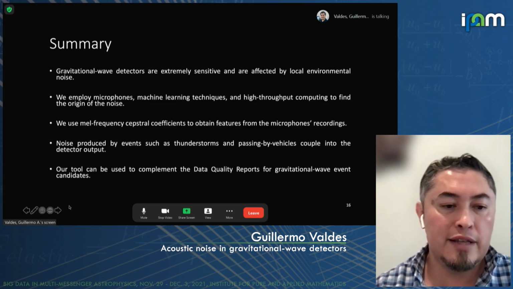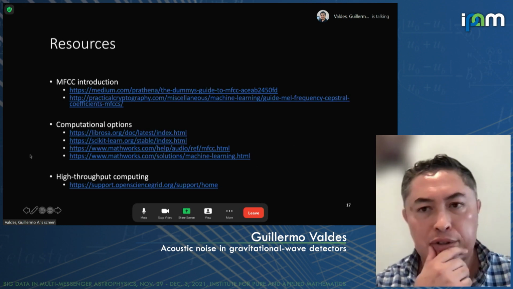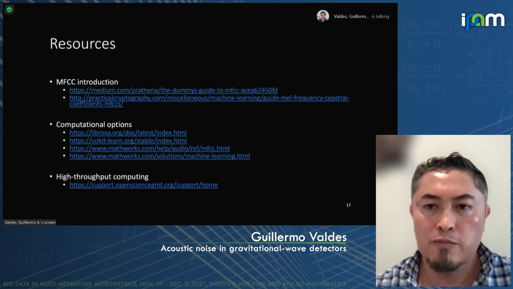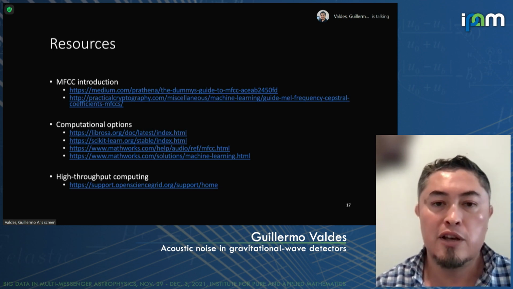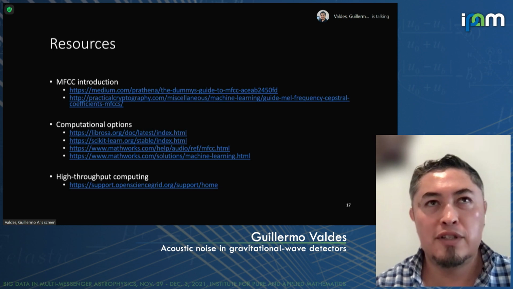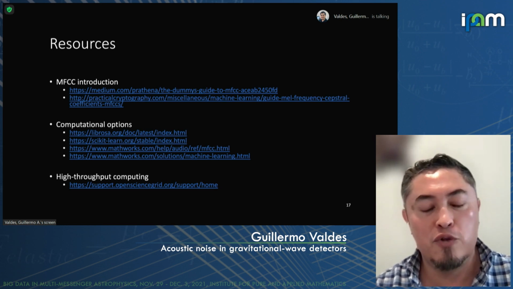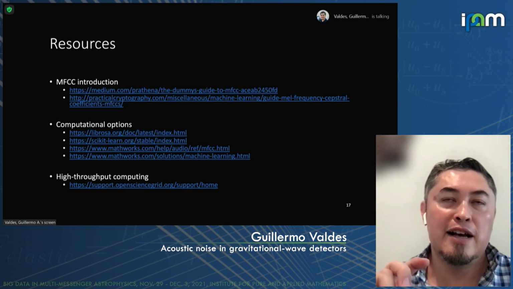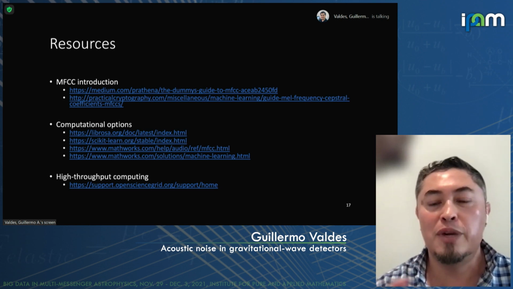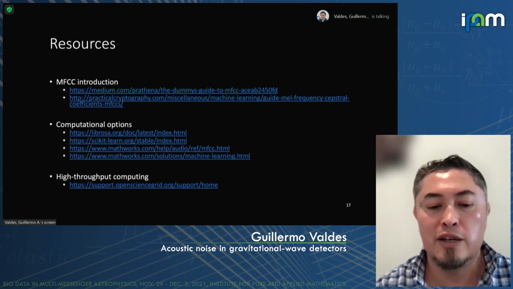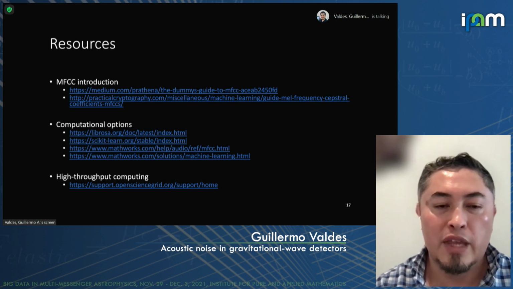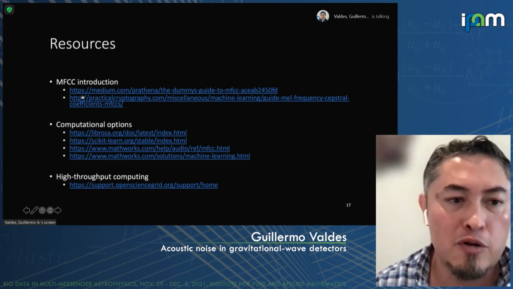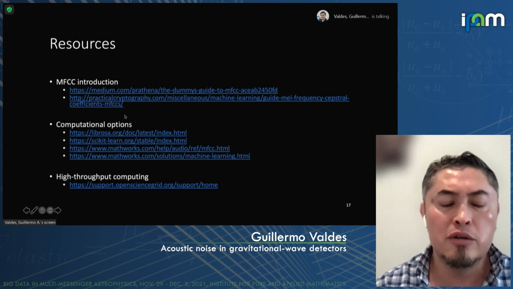And the last slide that I have is about resources. In case you are interested in the mel frequency cepstral coefficients, by the way, the word cepstral, you might not have heard it before, and it comes from spectral, but with spec backwards, because basically you apply a spectrum of a spectrum. So it's not in the time domain, neither the frequency domain, and therefore they came up with this new word. And these, as introductory resources, are really good.